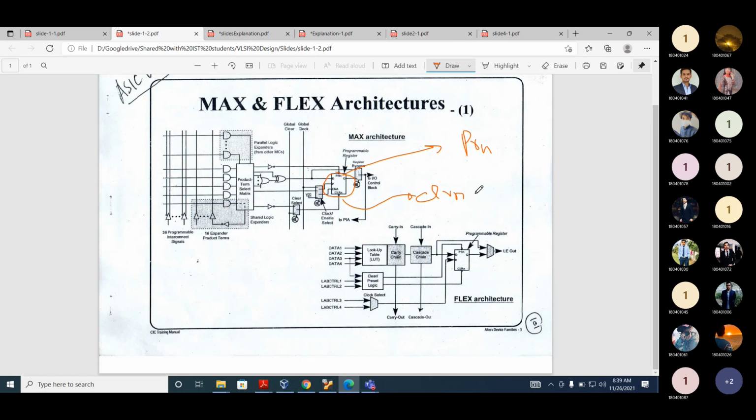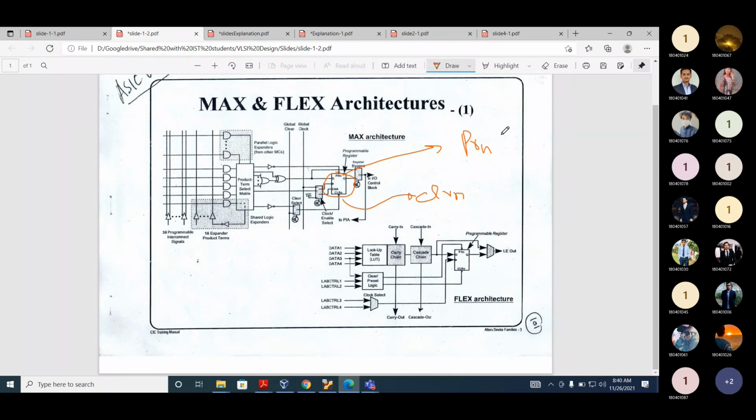Now if you look at the clock, can you see another signal, enable ENA? This is ENA. ENA stands for enable. Now if you want to always enable the flip-flop, when enable is 1, Q will track D. Now there are two possibilities: either we will always enable the flip-flop, or this enable depends on some signal.